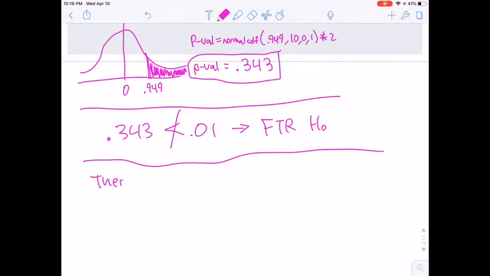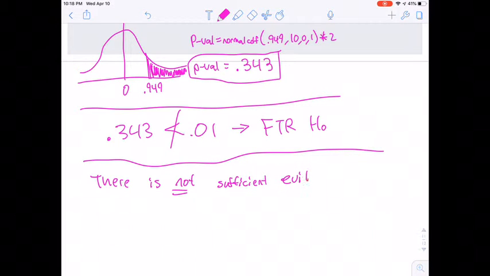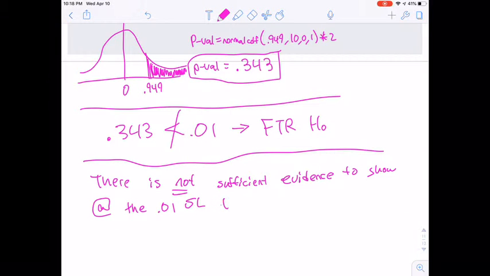There is not sufficient evidence to show at the 0.01 significance level that,